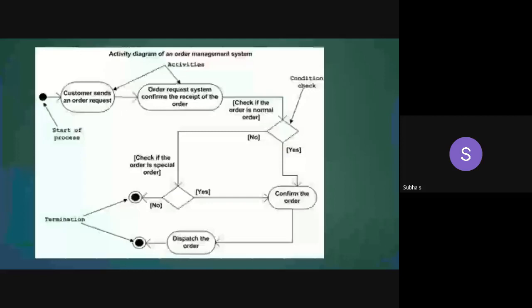The system confirms the receipt of the order. Okay, the next step is that the customer is ready to buy the product. But before that, I want to check whether the order is a special order or a normal order. We have to check it like this. Likewise, if the order is a normal one,